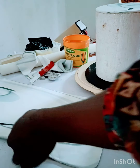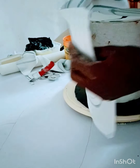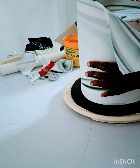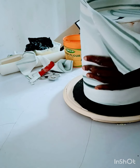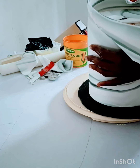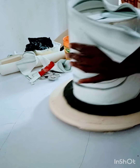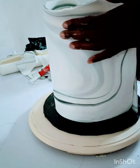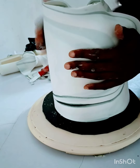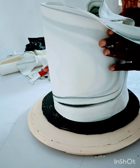All right, then for the side, you remember we had already used the edible gum all over the body. So this worked for me. I just lifted it up and put it on the dummy. This works really well for me. If you're not used to this method, you can just use a rolling pin, roll out the fondant and just use it on the dummy. But this worked for me. I just lift it up and